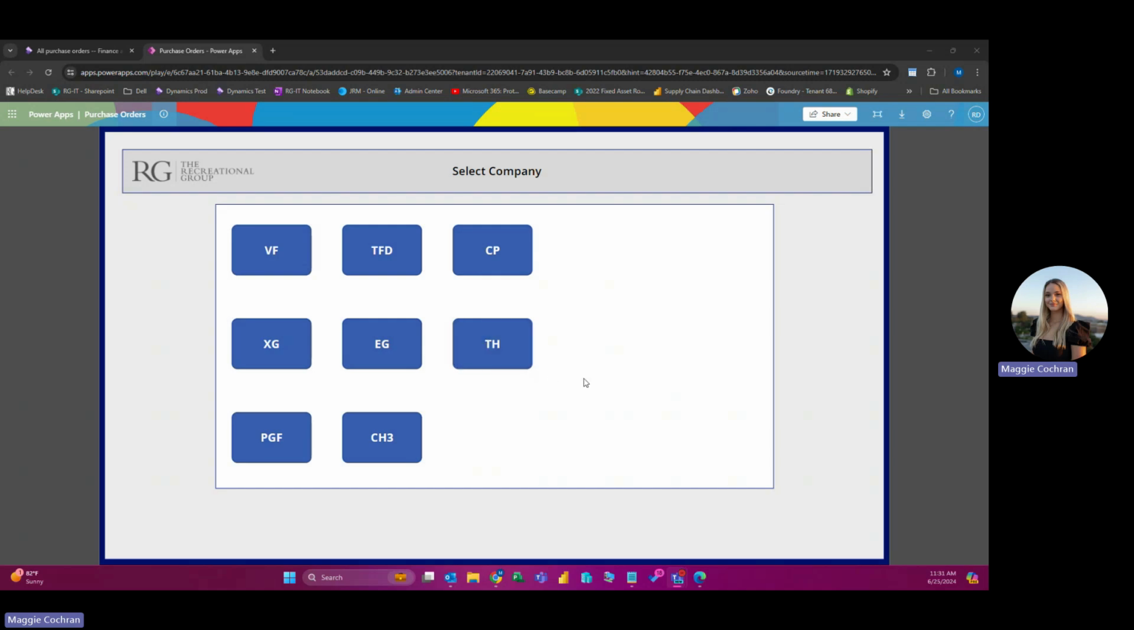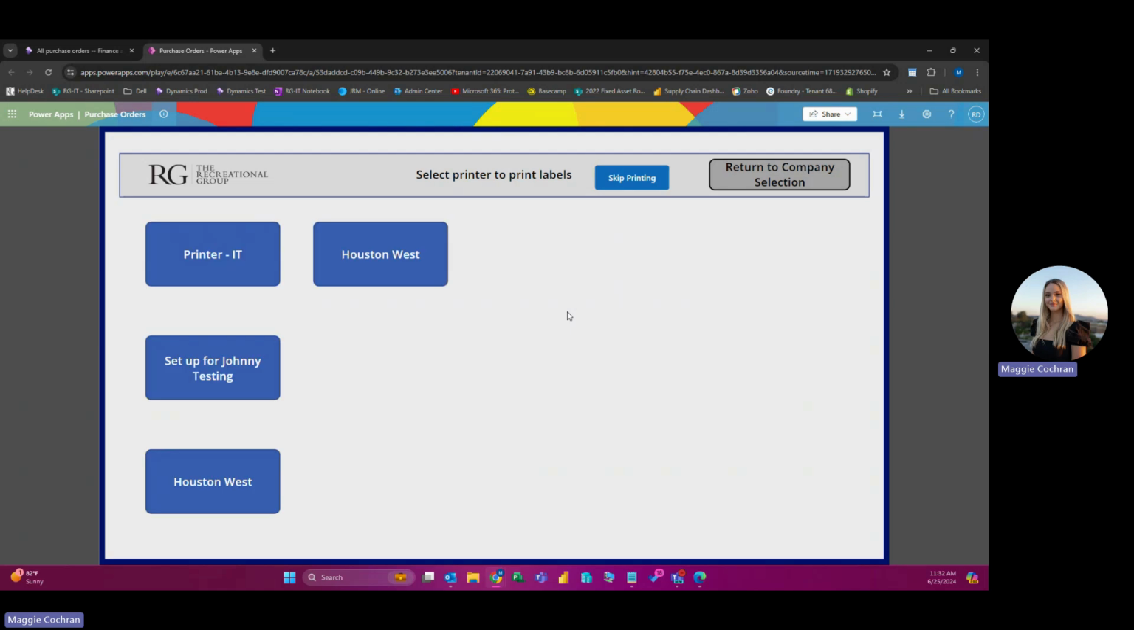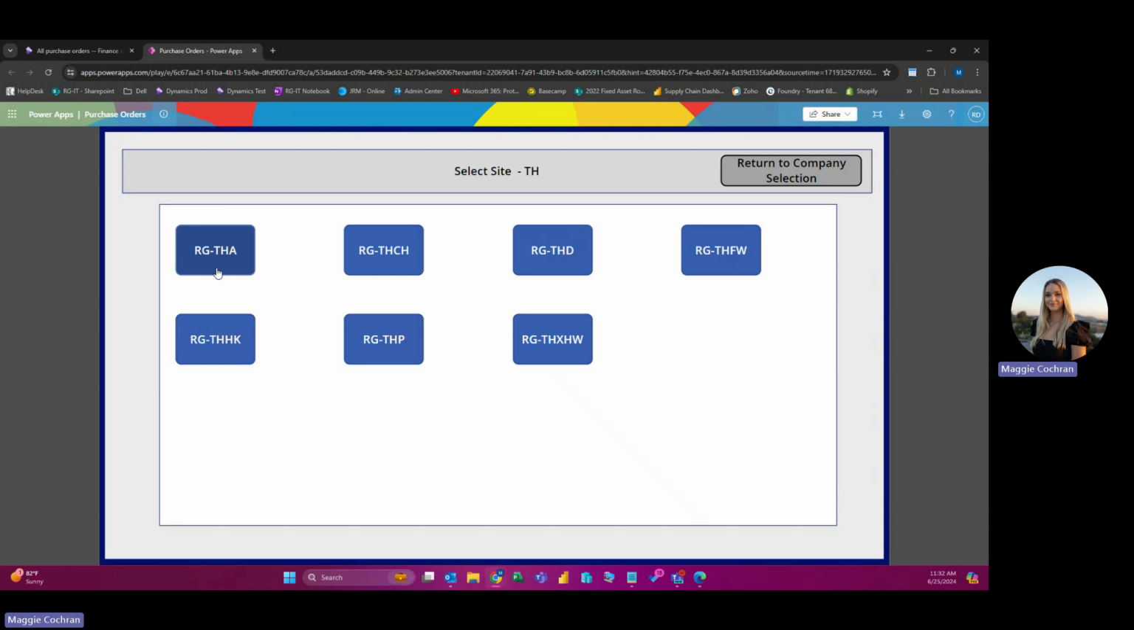So on this first screen, we see that it's prompting us to select a company. So just choose a company, and these are all of the label printers that we have set up for this company. We can see that there is a button here to skip printing, and this will not print any labels at all if you do not wish to. I'm just going to go ahead and select a printer,